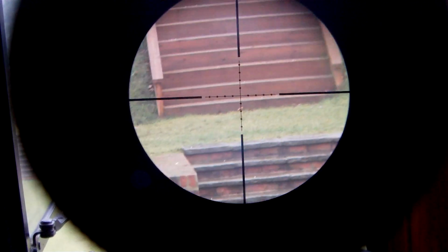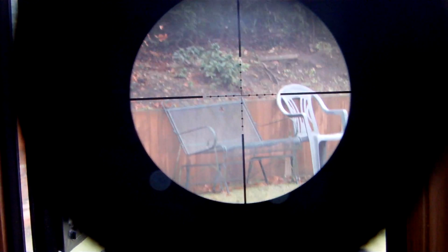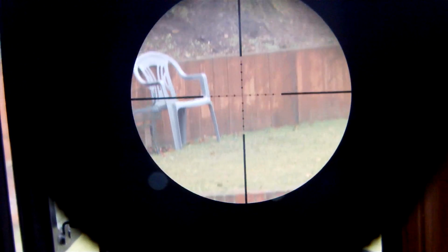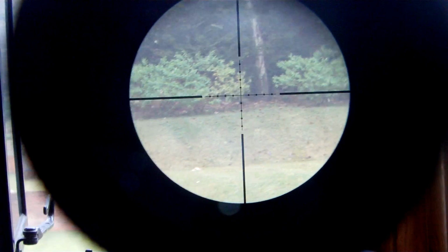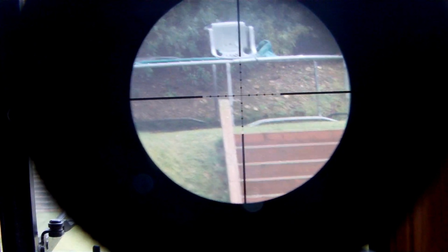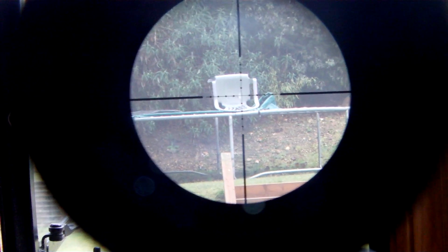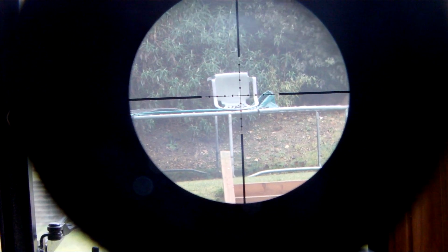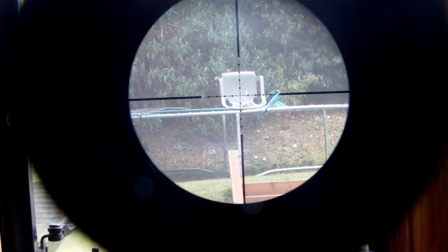A picture will be up. This is just my very first prototype. I'm going to be doing different versions of this to see how well we can get the view. So now I'm going to be shooting that over there. Please note that I'm looking through the viewfinder of my camera, so not actually down the scope. So this might be very inaccurate, but